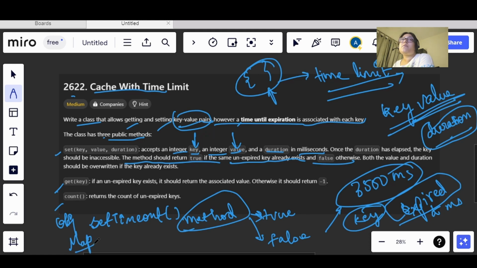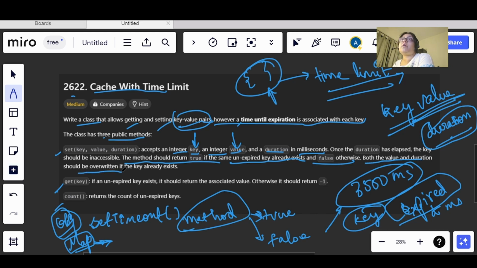Both are same only, but this map has some different set of predefined methods, and we can use it according to our convenience. Object also has some predefined methods, but here we will be going with map, so that I will be able to introduce you all to a new JavaScript tool, or a new data structure in JavaScript, okay.